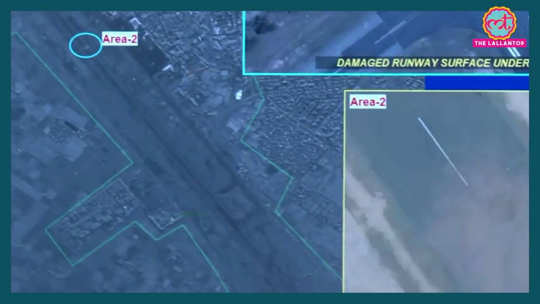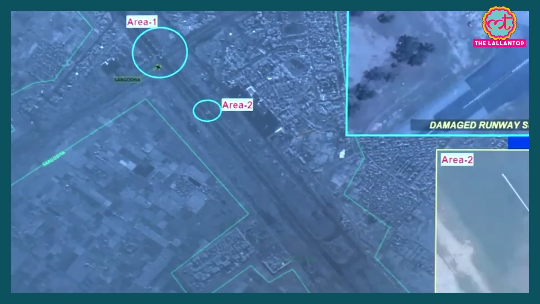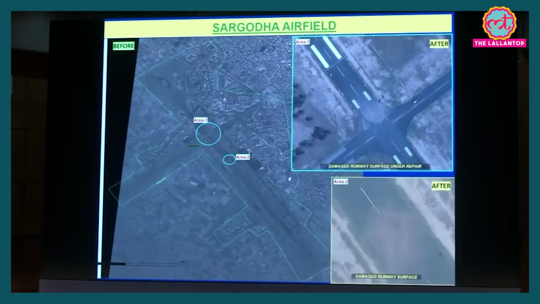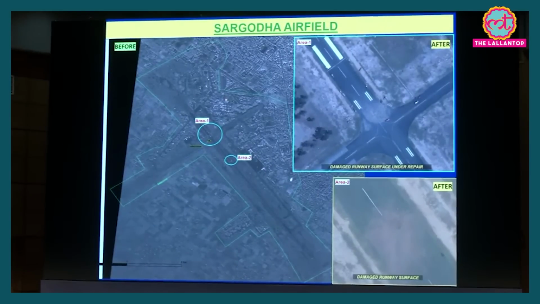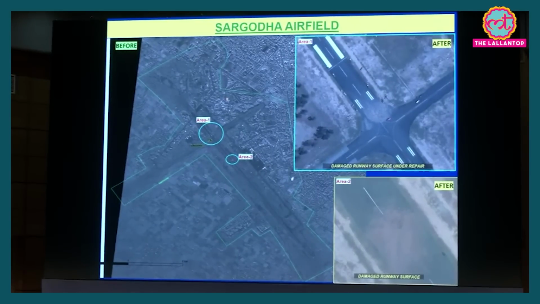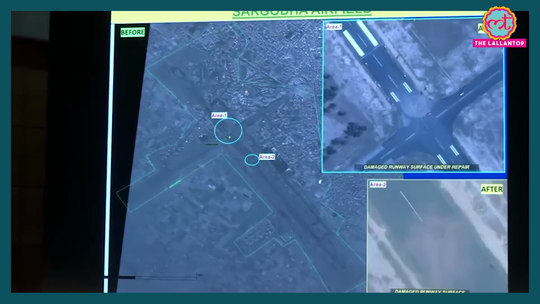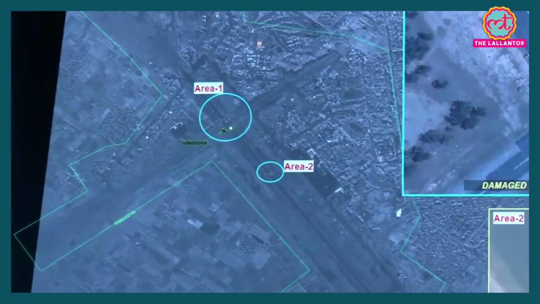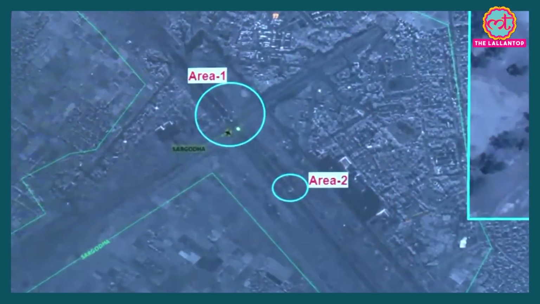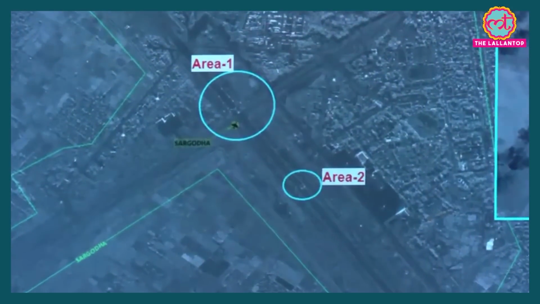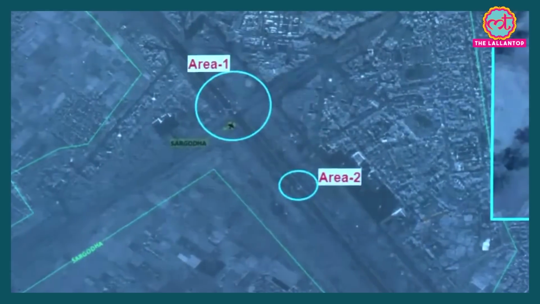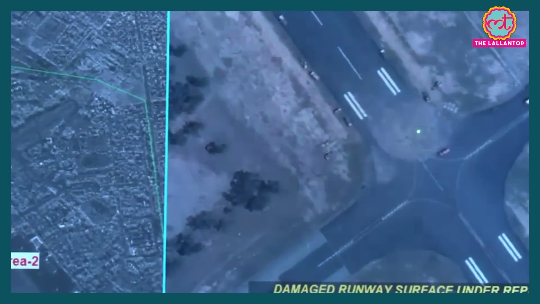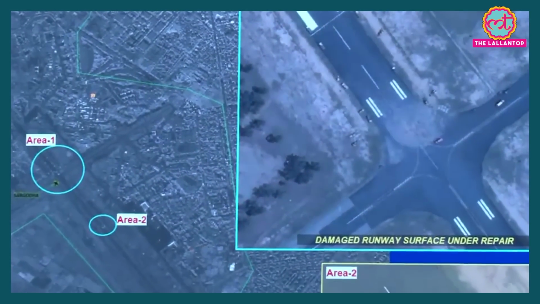Now coming to Sargoda airfield. Remember, this is one of their important airfields wherein they have a lot of assets, F-16s, other assets, training institutes. And we have struck this airfield. If you zoom in here, then one impact point here on the runway and second impact point of our weapon, precision weapon on the runway. And if you see this blown up repairing going on, same here. Next,